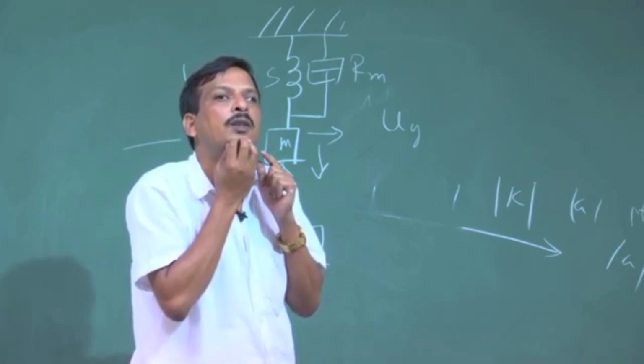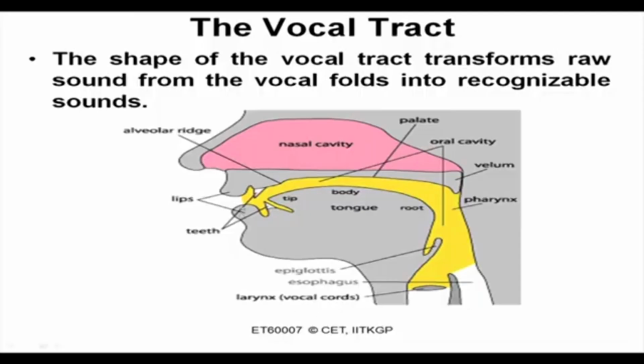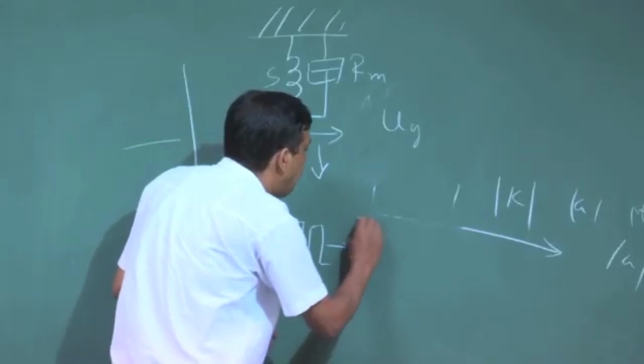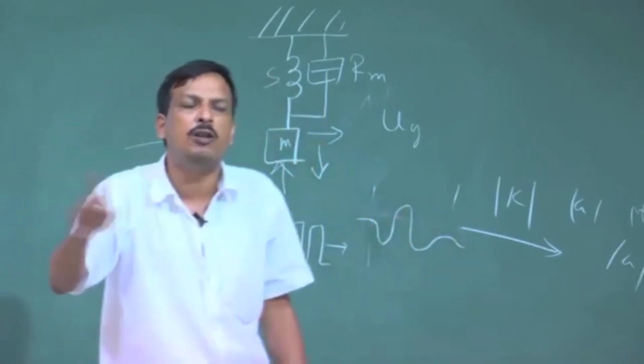So, I can either close the lip or open the lip, or I can move the tongue to divide the cavity into different structures. So, I can say when this vibration passes through different kinds of tube structure, it can produce different kinds of sound,